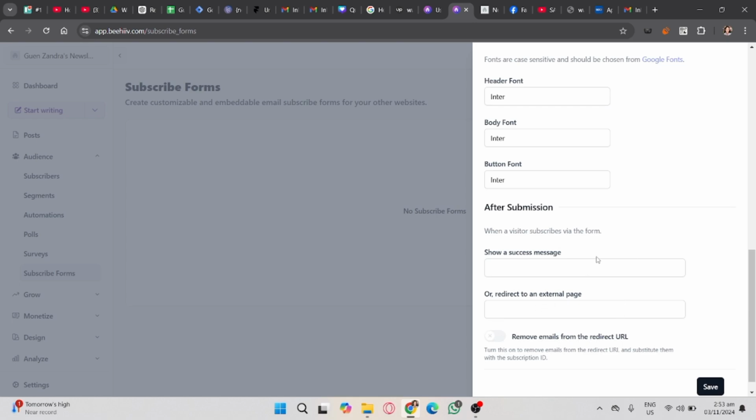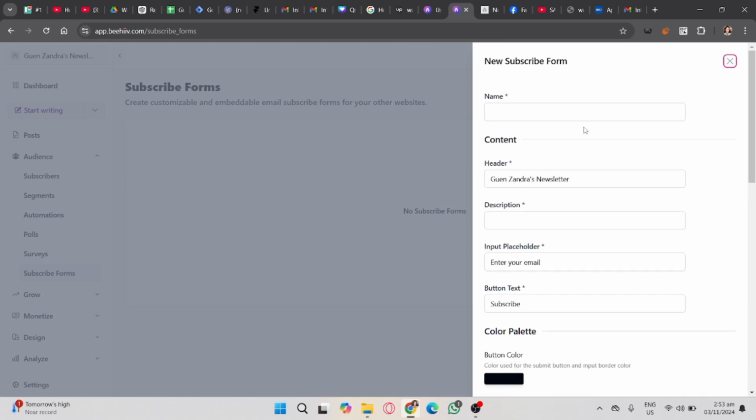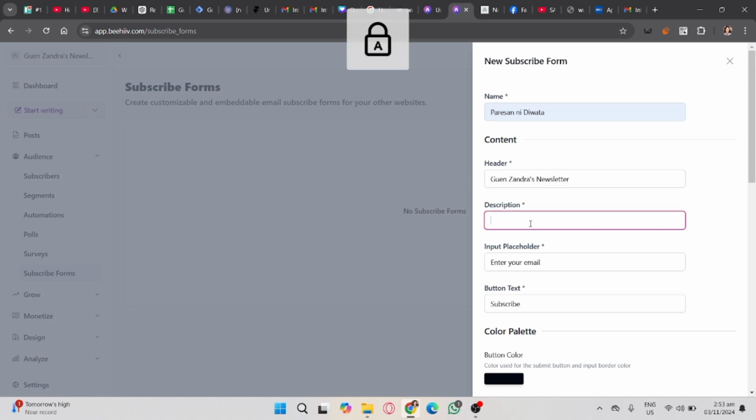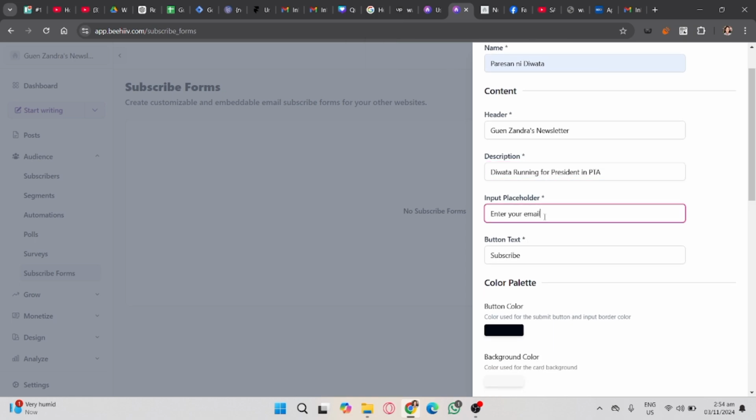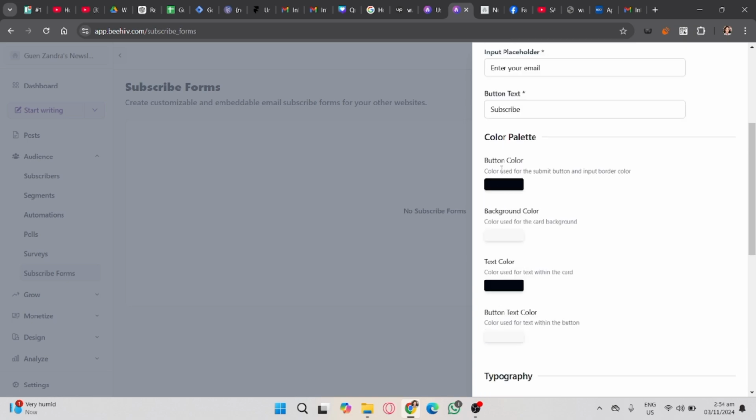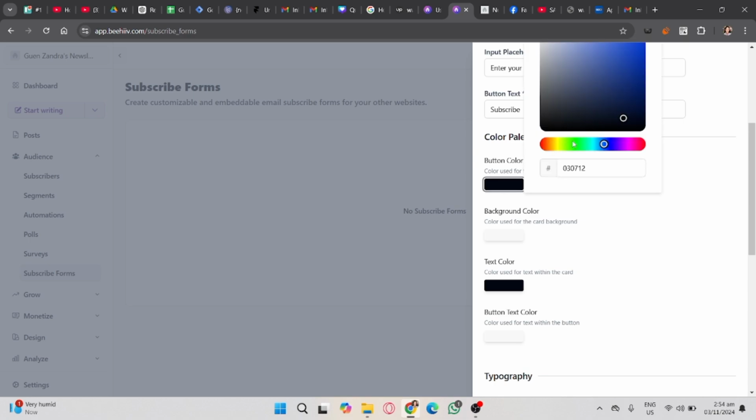Now, once your form is ready, you will notice a three-dot button on the right side of your subscribe form. Click that and you will see a drop-down option which are view, edit, and delete. Select the view and you will see there an embedded code which appears with the first word iframe. Copy that and then paste it into the HTML of the page on your website where you want the